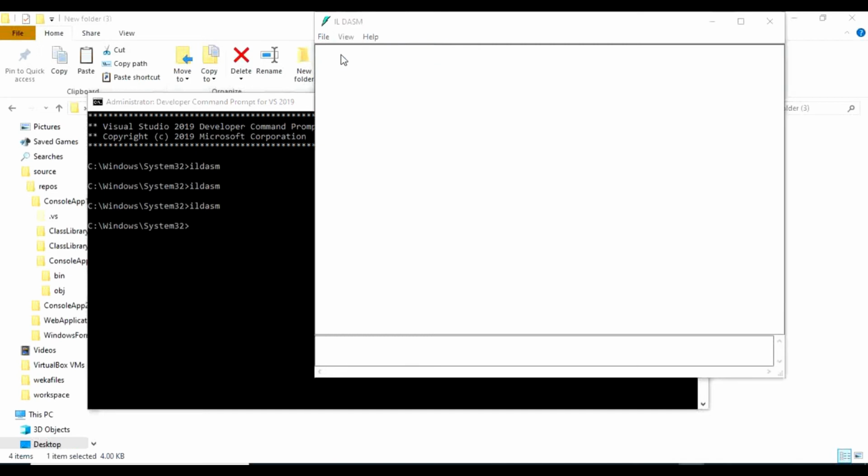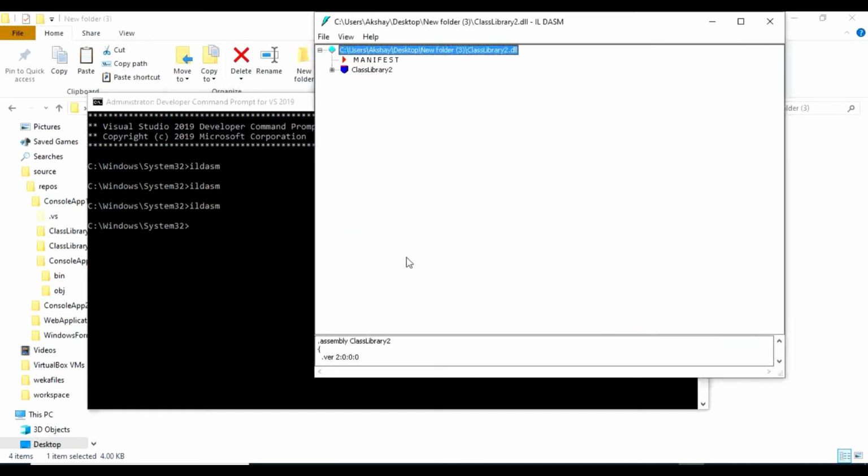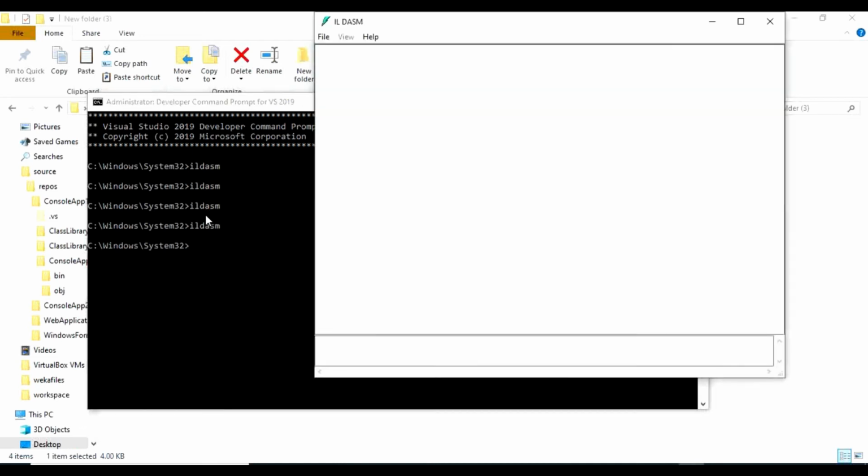Open the file we have just pasted here, this class library 2 project's assembly. As you can see, the version is 2.0.0.0. Now, sorry, we shouldn't have closed this.